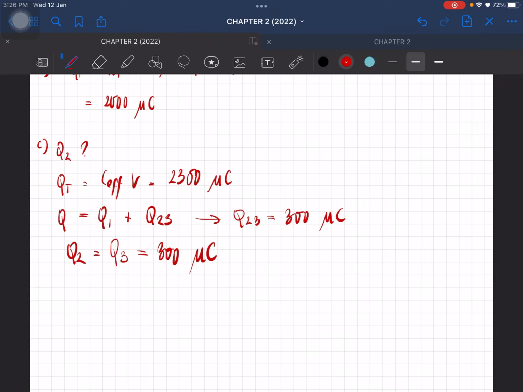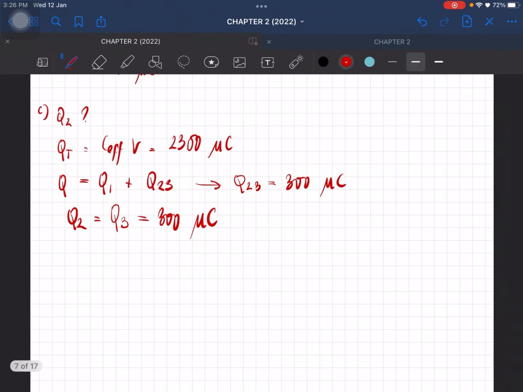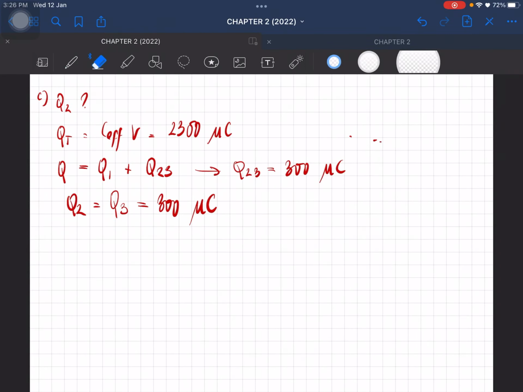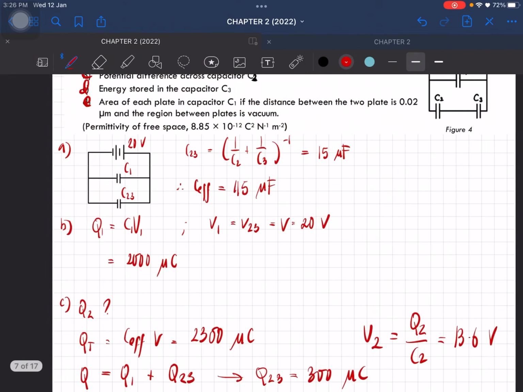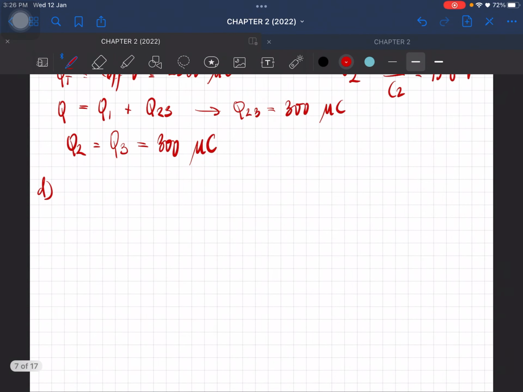Okay, now we can then find the potential difference across capacitor 2, so it is equal to 13.6 volt. Okay, now question D, the energy stored in the capacitor is basically just the energy stored in capacitor C3, so